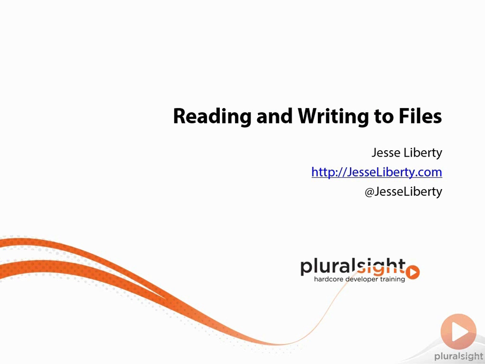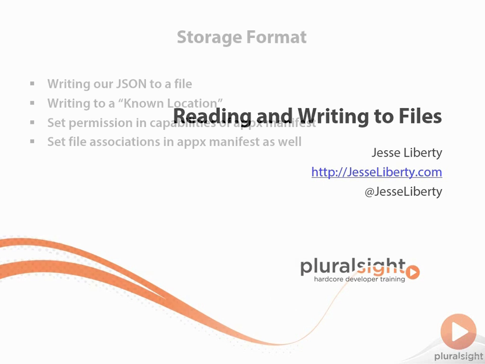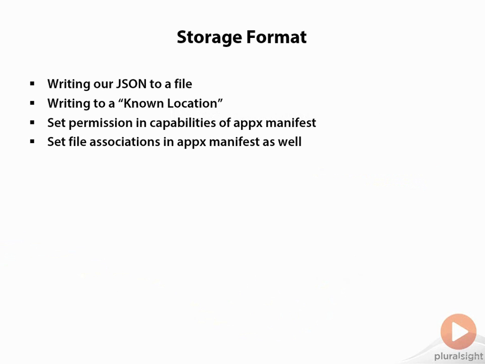Now that we have our data in JSON format, we're ready to write it to a file. However, in Windows 8, writing to a file is not quite as simple as it was in previous versions of Windows, where you could write to any file at any time. Writing to a file in Windows 8 requires a little bit of special permission, as